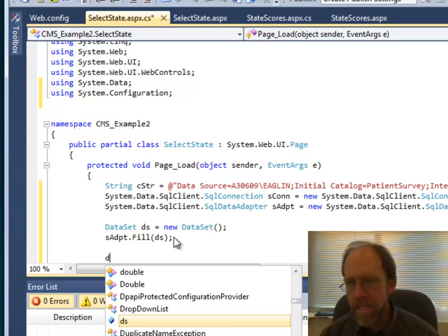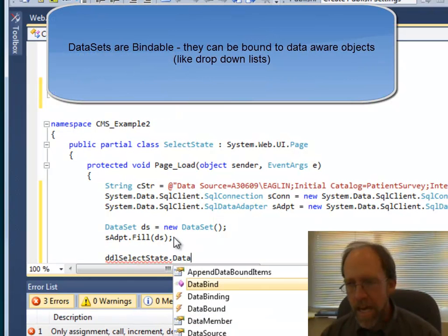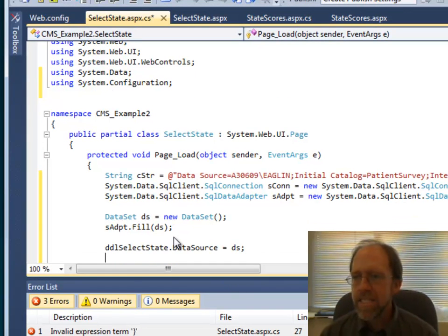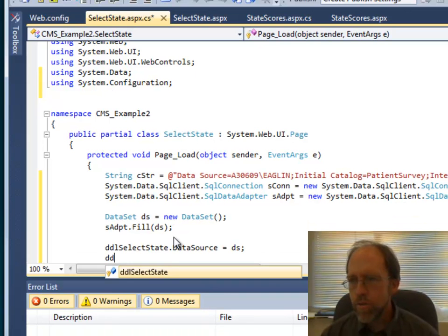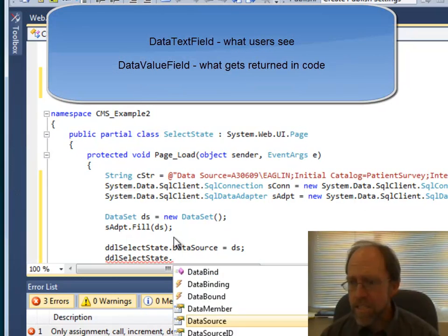So I'm going to go DDL, there's select state. Okay, I need to set the data source. The data source is going to be equal to the data source that I created for it, which was DS. That's the data set. Okay, I need to tell it a few other things, like I need to tell it that the data text field,